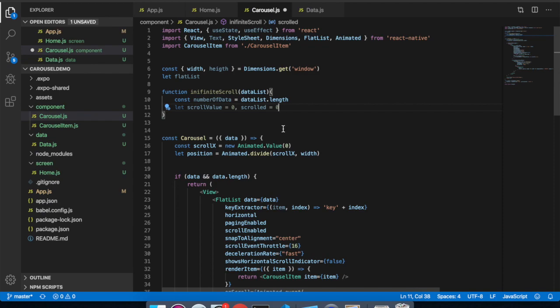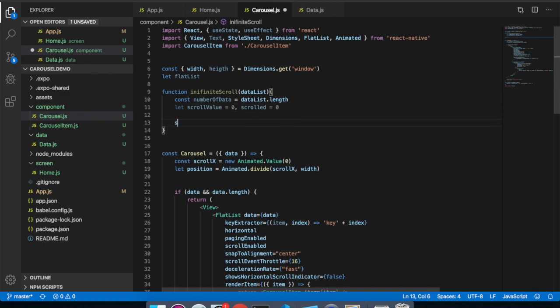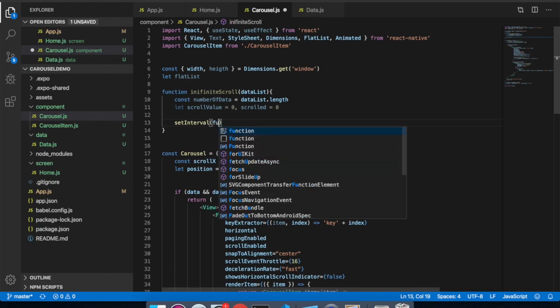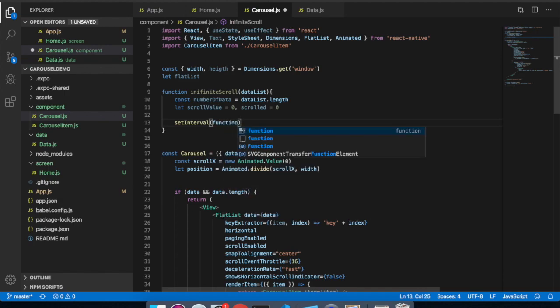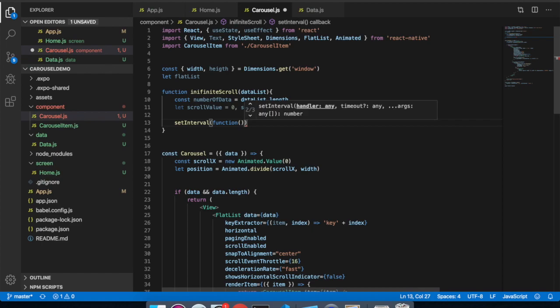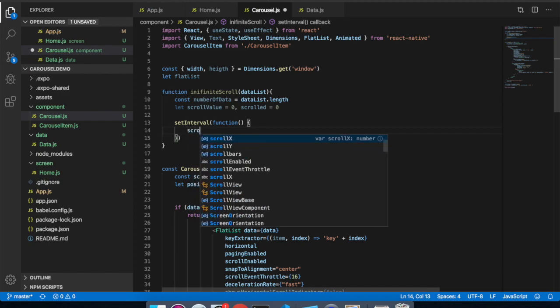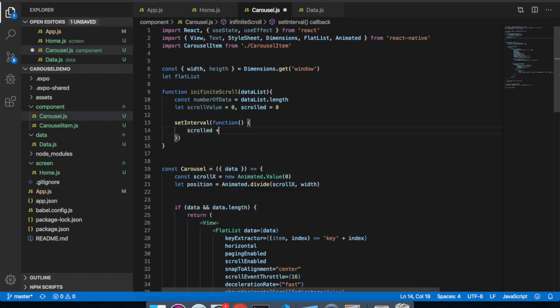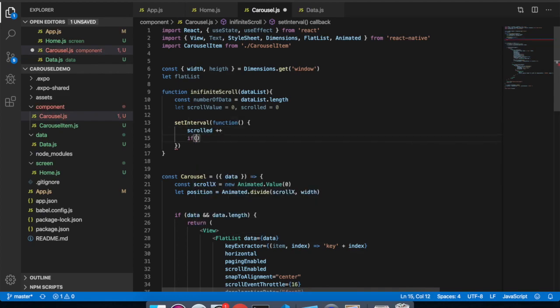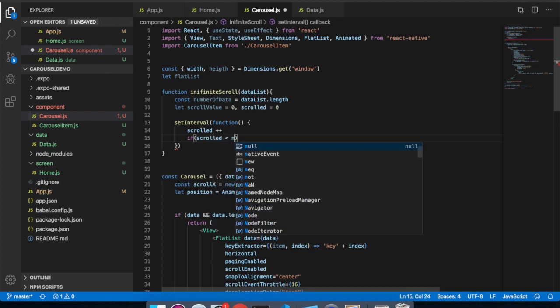Then we will set the timer, setInterval, function, and here we start implementing the logic. scroll plus plus, whenever this interval gets called, it will increment by 1. Then we have if scrolled is less than